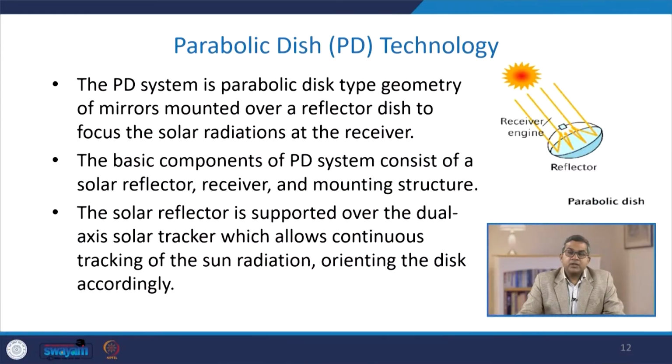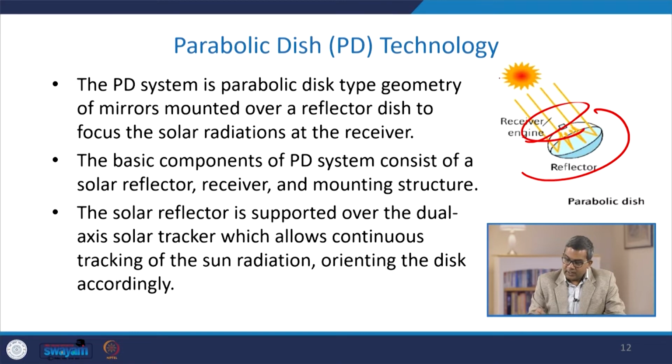Now, another thing which we would like to discuss is the parabolic dish or PD technology. The parabolic dish system has a parabolic dish type geometry of mirrors mounted over a reflector dish to focus the solar radiation at the receiver. Here you see the receiver and engine. The basic components of a parabolic dish system consist of a solar reflector, a receiver,